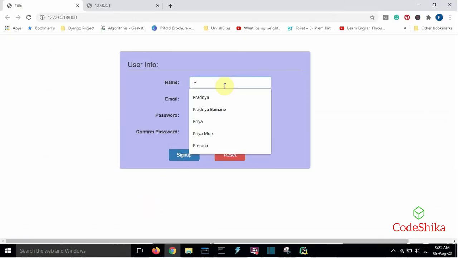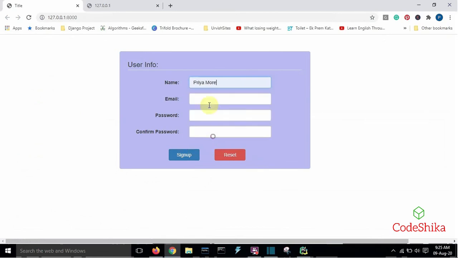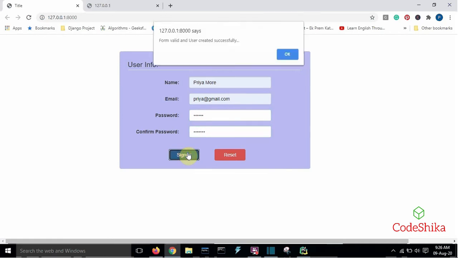Refresh the page and provide the details again. Click on sign up. You can see here the message form is valid and user created successfully. It is showing.